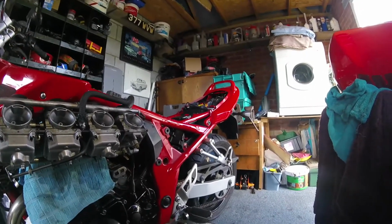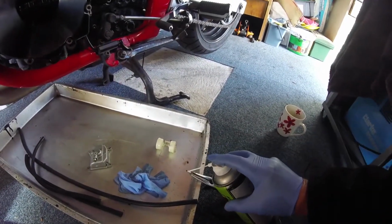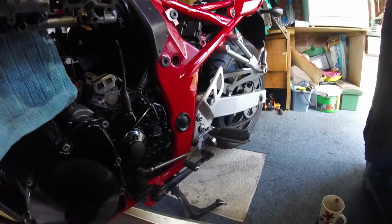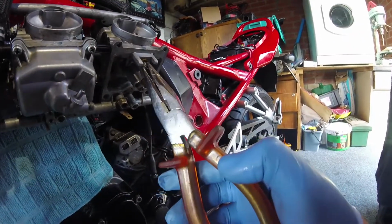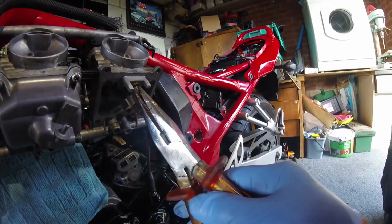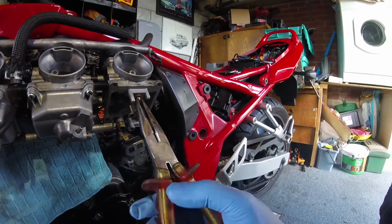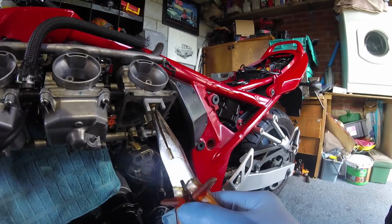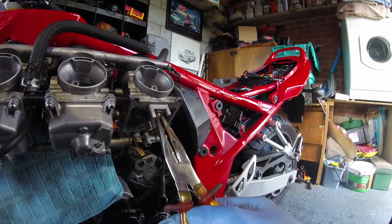Hey guys, so I'm now going to show you what I do. As usual, this is not the way I'm saying that you should do it. I'm just saying this is what I do. I always put a bit of carb cleaner in where the needle goes. I put the needle in, I push it up to the top, and I spin it with a pair of pliers like this. Just work it around, and I have found, as normal, that this will be enough to stop that from sticking